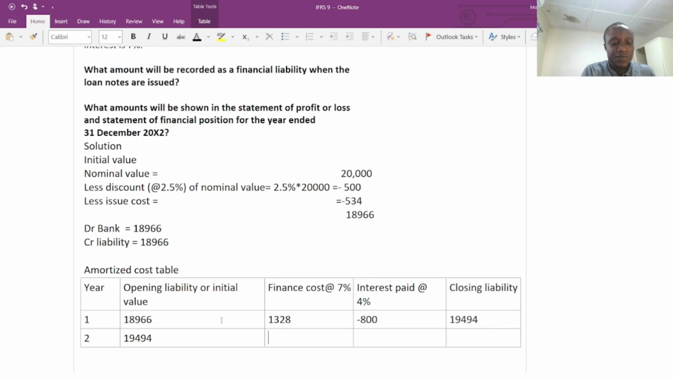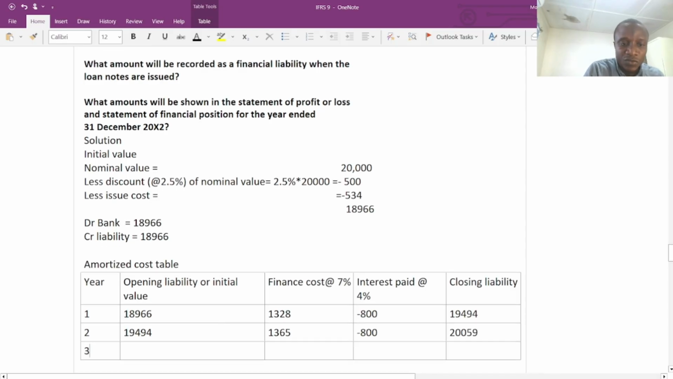19494. We are going to take 7% of it. 19494 multiplied by 0.07 will give us 1365 to the nearest degree, minus 800 as well. So therefore 19494 plus 1365 minus 800 will give us 20059. So going to do it for year 3, 20059 multiplied by 0.07, 1404 minus 800, 20059 plus 1404 minus 800 will give us